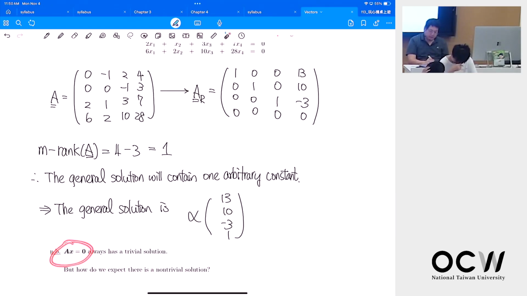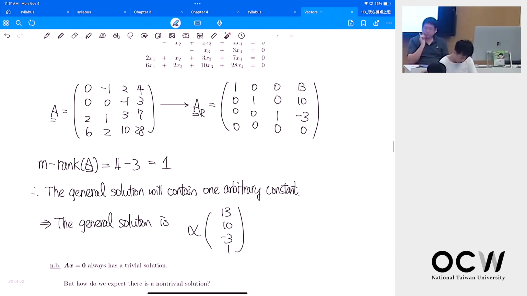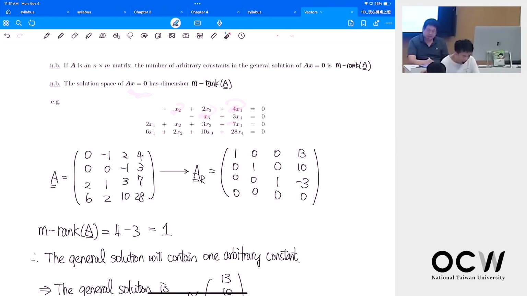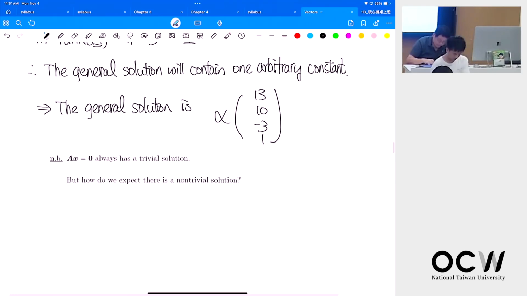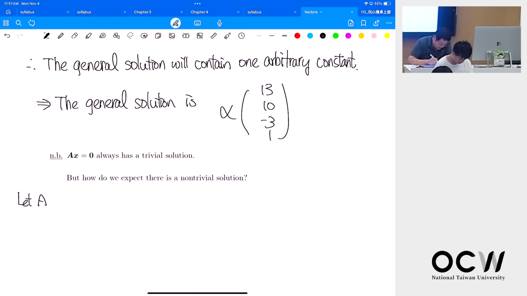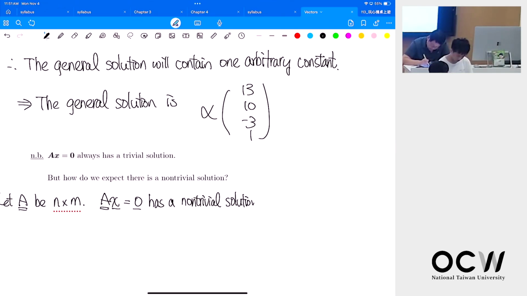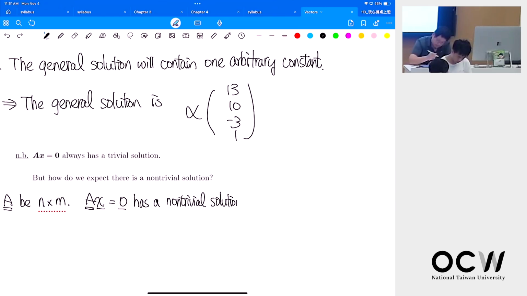Actually, Ax equals 0, we always have a trivial solution. What is the trivial solution? X is all 0, right? If x is all zeros, it always satisfies this equation. But how do we expect that we have a non-trivial solution? Suppose A is m by m and Ax equals 0. We say it has a non-trivial solution if and only if